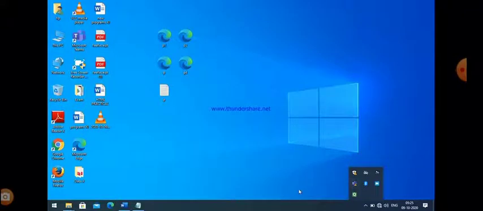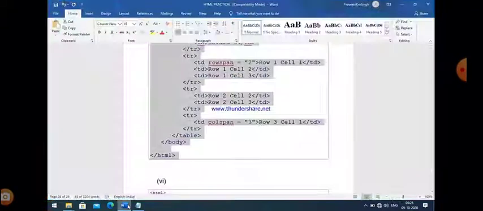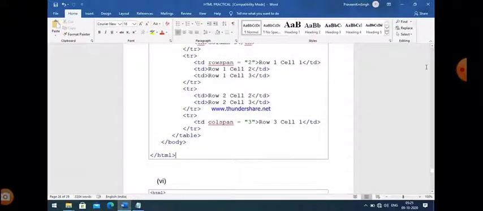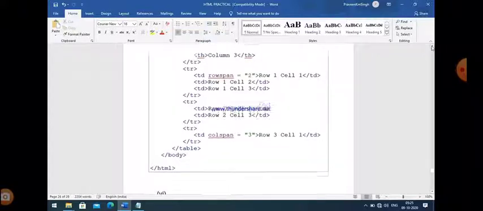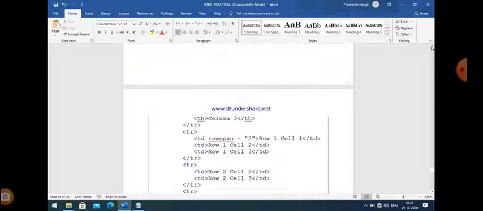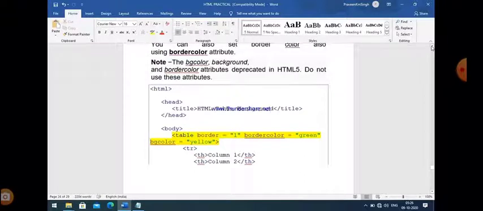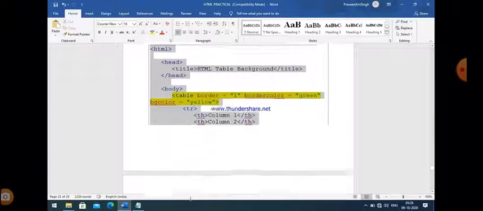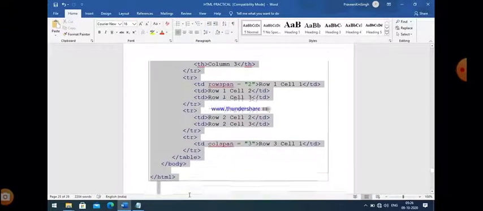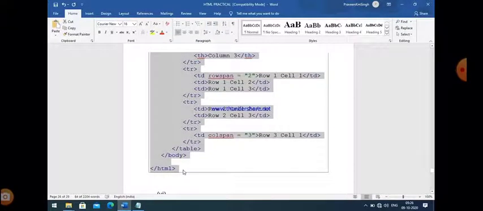So now let us execute this program. It will give you an idea how these attributes work, bordercolor and bgcolor. That is our code here.